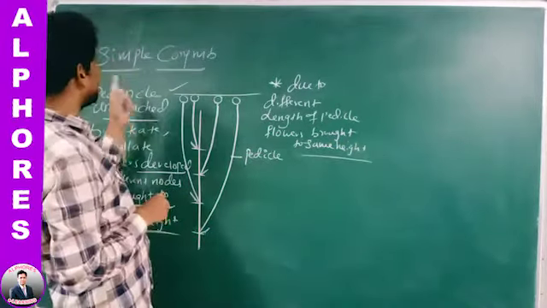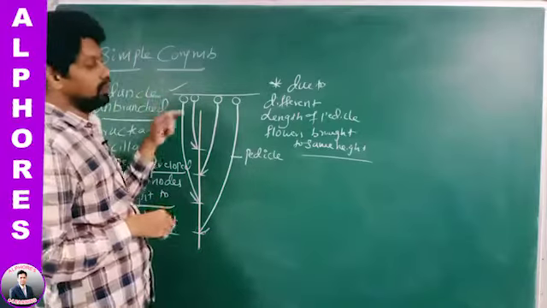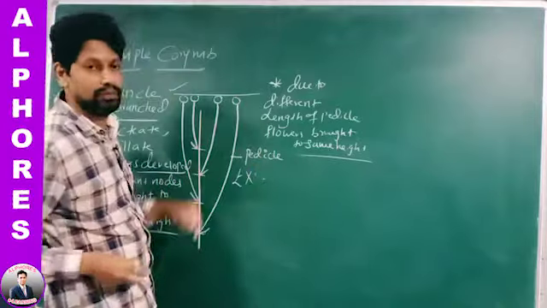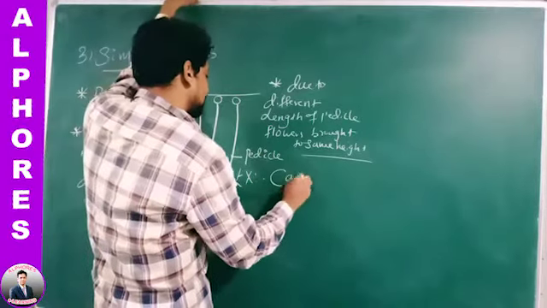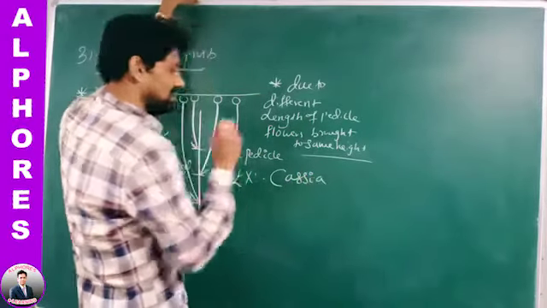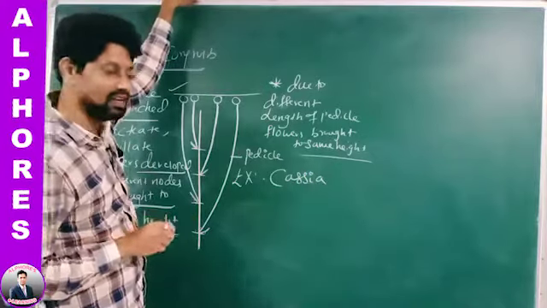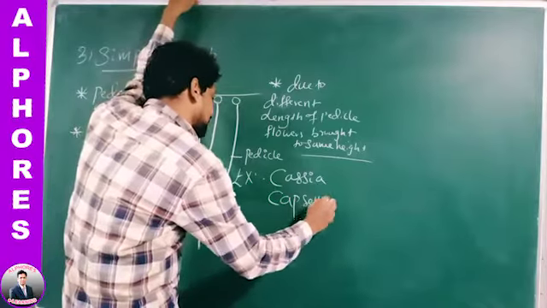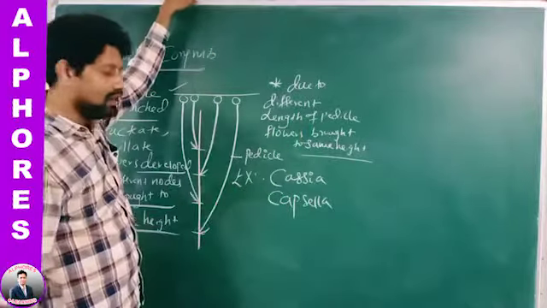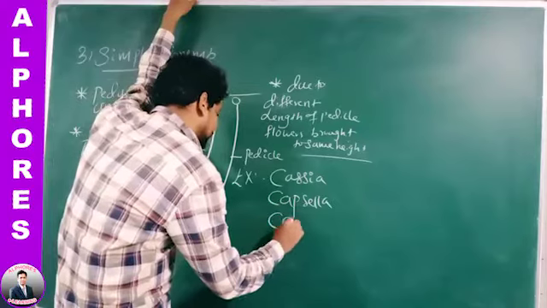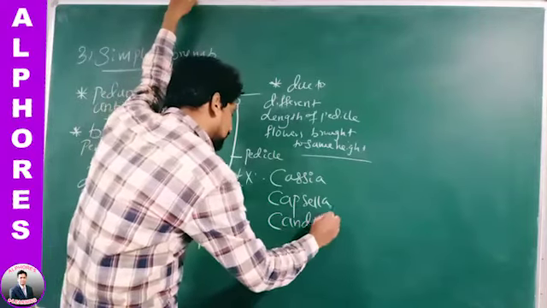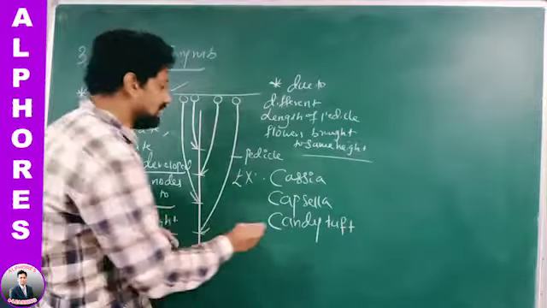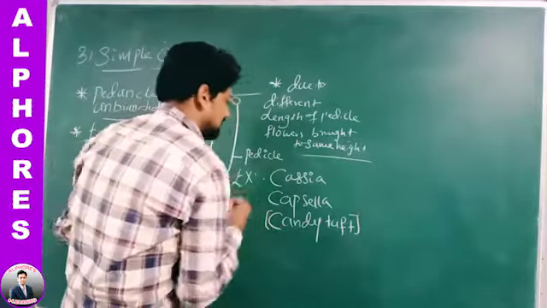Now go for examples of simple corymb. First one is Cassia. Second one is Capsella. And third one is candytuft. T-U-F-T. This candytuft is also called as